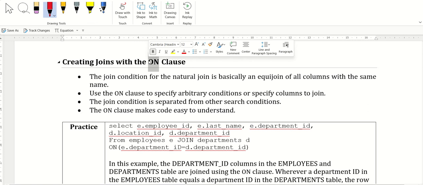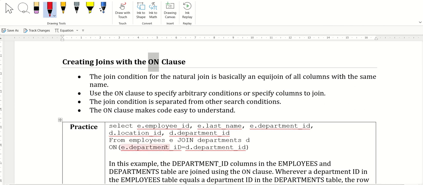Okay, creating joins with the on clause. Tadi kita nampak kan, yang first time tadi kita guna where, kemudian yang kedua kita guna on. So the join condition for the natural join is basically an equi-join of all columns with the same name. So use the on clause to specify arbitrary conditions or specify columns to join. So the join condition is separated from other search conditions and it makes the code easy to understand. Okay, so it looks like it's